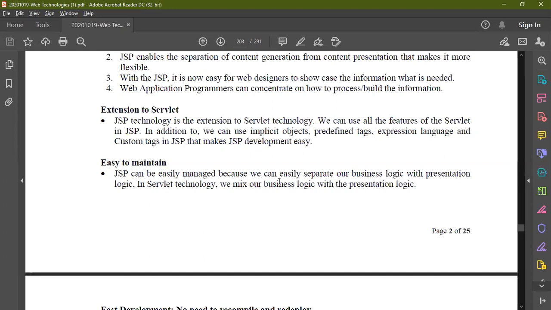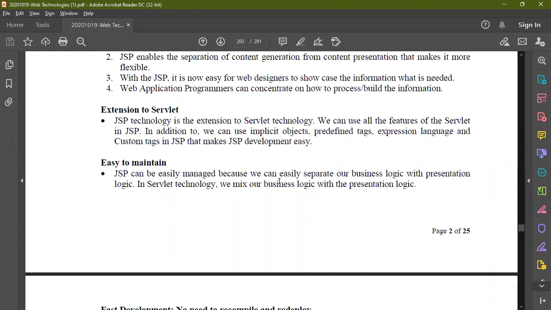Despite this, in JSP, whenever a JSP file is executed, the Java code will be entirely separated and created as a Java bean. Then this Java bean will be executed. The presentation layer will be handled by the JSP file, and the Java code will be handled by the Java bean. This is the main thing with your JSPs, and it is very advantageous compared to servlet technology.